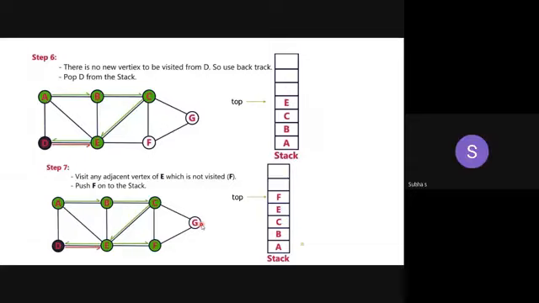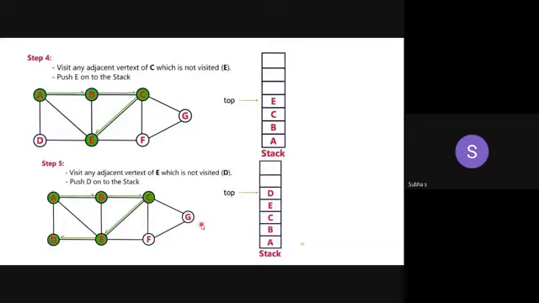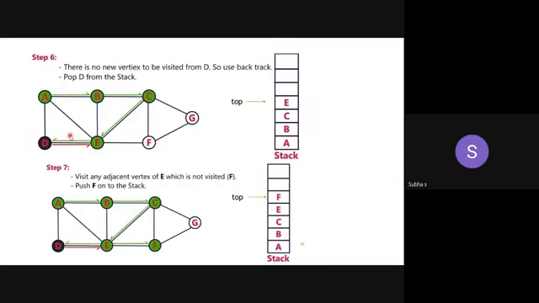Okay, sorry. Yes, you are correct. So I am at position E. After that only I have to come to F. So look at step 6. Yes, you are right. You are coming to E because you have removed D. Now you are at position E, and you are checking whether any node is unvisited or not.